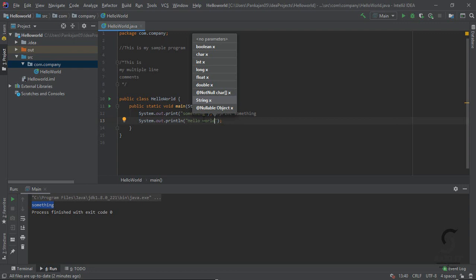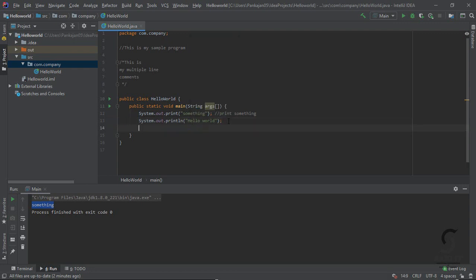That is the difference between print and println. So now I am going to run this. Previously we printed something with System.out.print, so it will print the word something, and after that we have the println hello world, so it is going to print this hello world, and after that it will print the new line character.